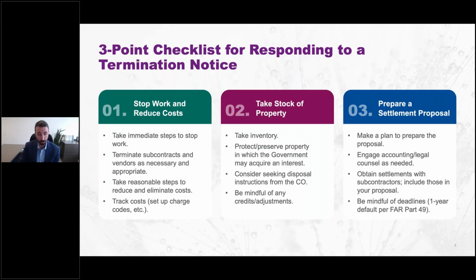You want to do what you can to reduce costs. At base, you want to put yourself in the situation to say to the government, or if you're in a dispute later, a board or a court, hey, I acted reasonably. I did what I reasonably could to reduce my costs. That also includes terminating subcontracts and vendors as necessary and appropriate. So if there's subcontract or supplier agreements that you have supporting work and you don't need them anymore as a result of termination, the government's expectation is that you were going to do something about that, right? That you were not going to just continue to incur those costs, at least not charging them to the government. You may decide you still want them for other reasons. That would be different. We can talk about that.